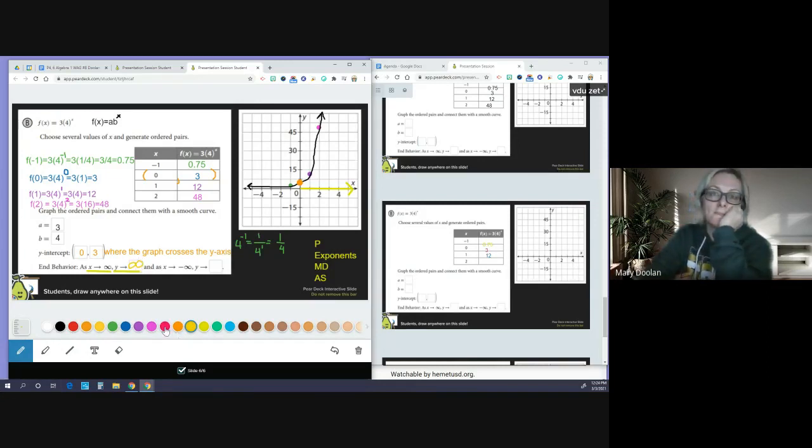Now, in the opposite way, as x approaches negative infinity, what is y doing? So this direction, as the x values go towards negative infinity, over here was positive infinity. These y values are getting closer and closer and closer to